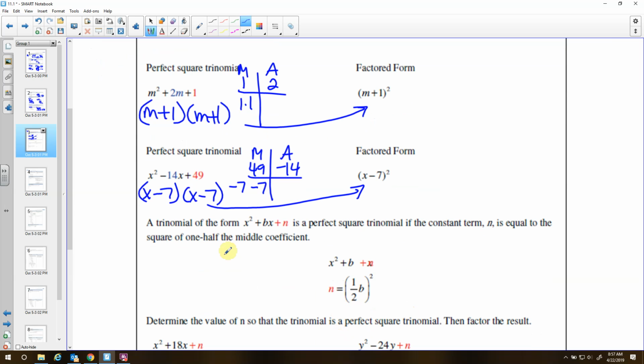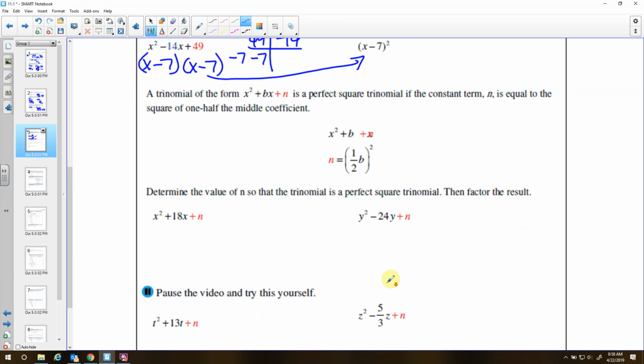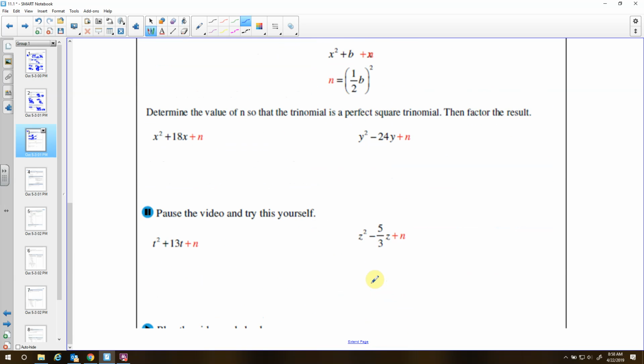So for a perfect square trinomial, what I'm really doing is taking half of this middle term and squaring it to get the 49. Half of 14 is 7. 7 squared is 49. I don't like you to have to memorize this stuff in the middle. So here, let's just do our fill in the blank. Because what's going to be important about completing the square is being able to fill in this part right here. So if I want to do x squared plus 18x and I want to fill in this next part using this formula above,